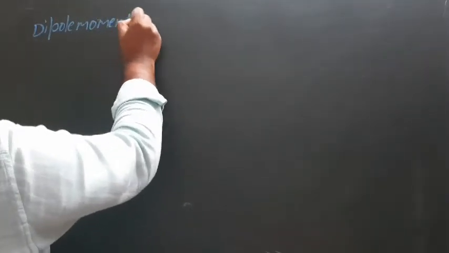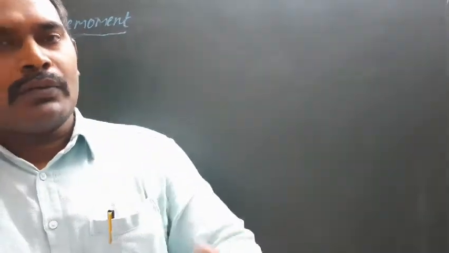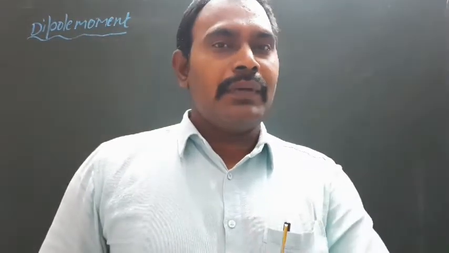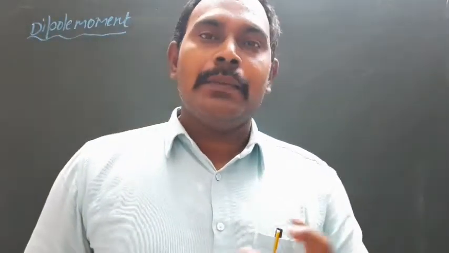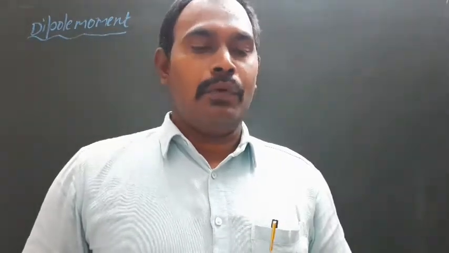If you observe the covalent bond, based on the combining atoms, it is divided into two types: polar covalent bond and non-polar covalent bond. The polar covalent bond is formed between two different atoms. As a result, due to the electronegativity difference between the two atoms, partial charge formation takes place. That we call polarity. The molecule is known as a polar molecule and the bond as a polar covalent bond.